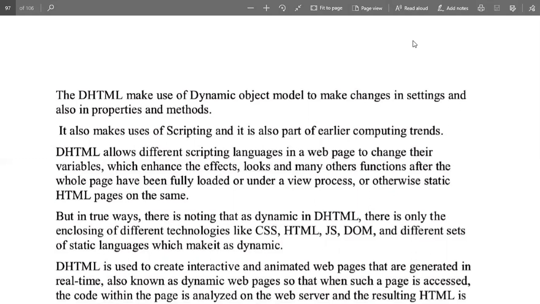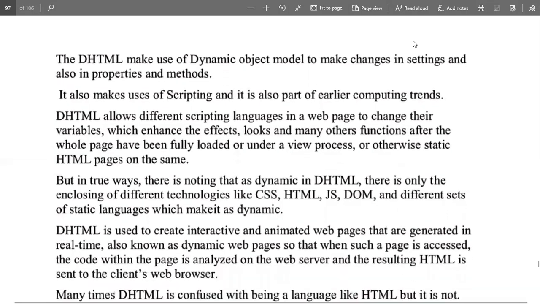In HTML, those dynamic changes will not be reflected. Why so? Because HTML is static, but in dynamic HTML, whenever we change or want to enhance the performance of a web page, that will also be done in a dynamic format.